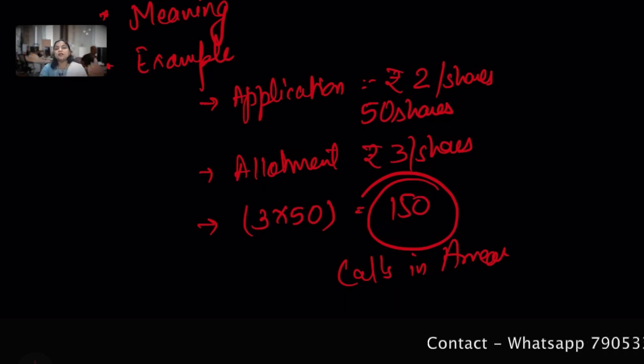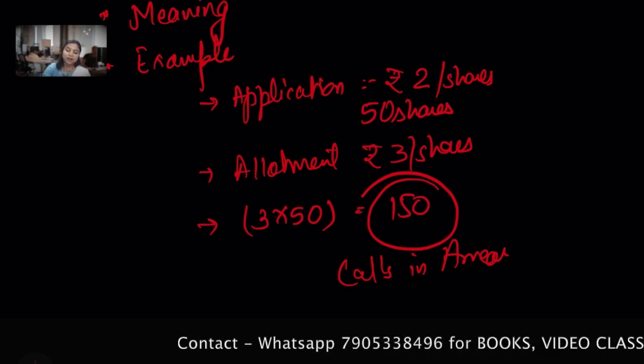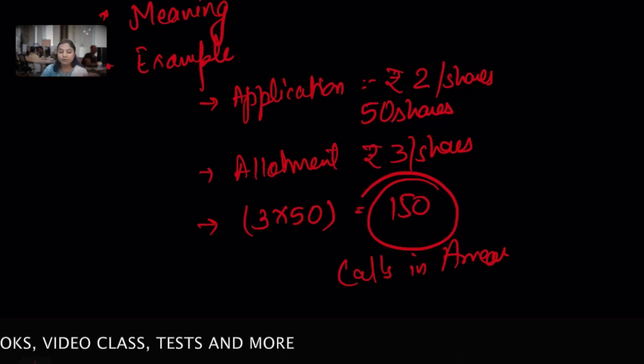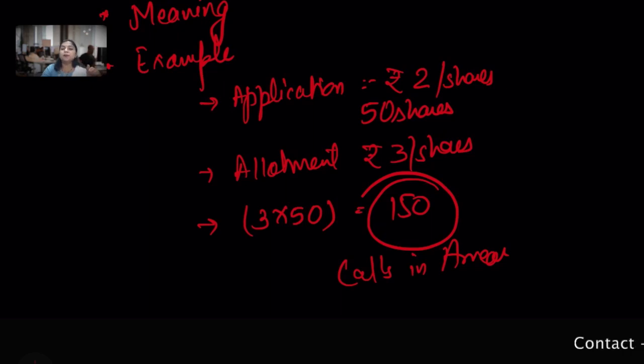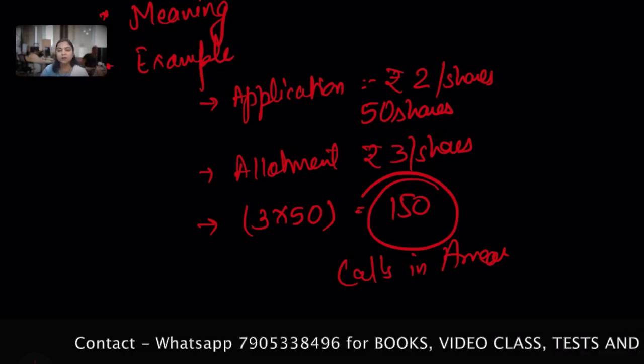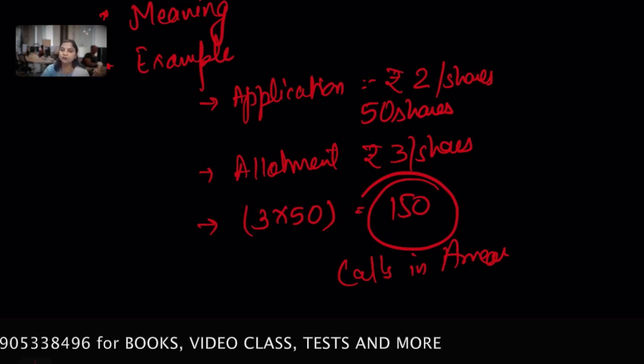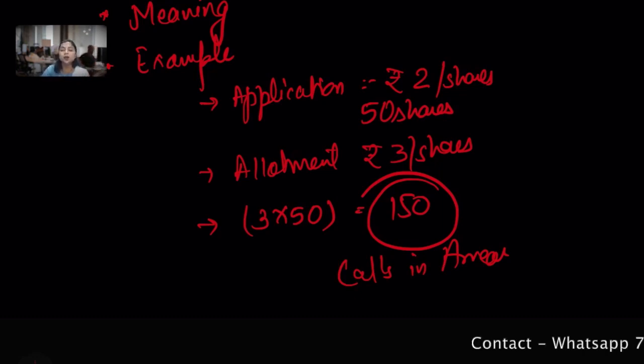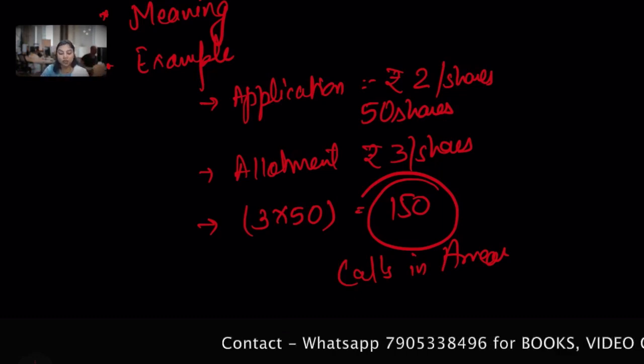मानिए आपने कंपनी में एप्लीकेशन के लिए अप्लाई किया, तो 2 रुपए प्रति शेयर के हिसाब से आपने 50 शेयर ले लिए, आपको शेयर अलॉट हो गए, ठीक है। उसके बाद कुछ समय बाद मैंने आपसे बोला भाई अब हमें एक इंस्टॉलमेंट की ज़रूरत है, तो हमने आपको अलॉटमेंट के लिए बोला कि अलॉटमेंट 3 रुपए प्रति शेयर है। आपने जितने भी शेयर लिए हों, आपने 50 लिए, मान लो कोई और होंगे जिन्होंने 100 भी लिए होंगे, ठीक है। आपने क्या किया, उस particular समय पे जो 3 रुपए प्रति शेयर मैंने आपको पे करने के लिए बोला था,